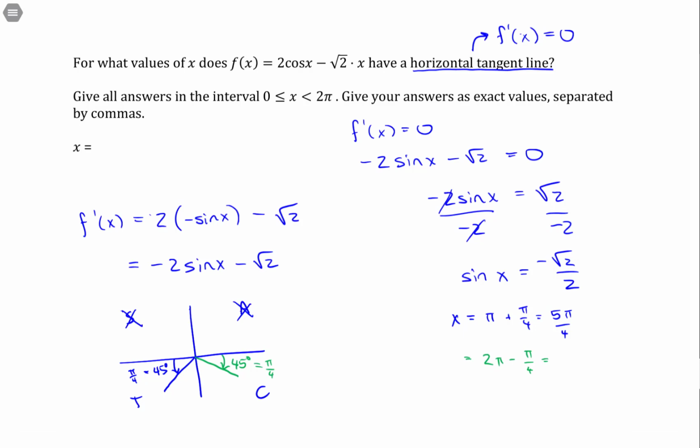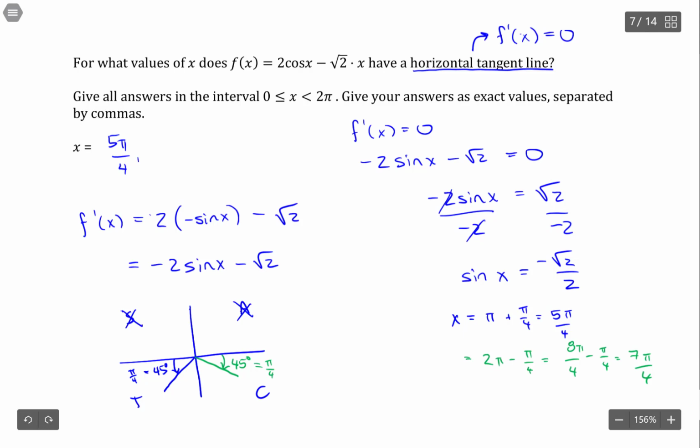So 2π is 8π/4, so 8π/4 minus π/4 is 7π/4. So there are my two angles, 5π/4 and 7π/4. And they're both in that range from 0 to 2π, so I do need to make sure I include both of